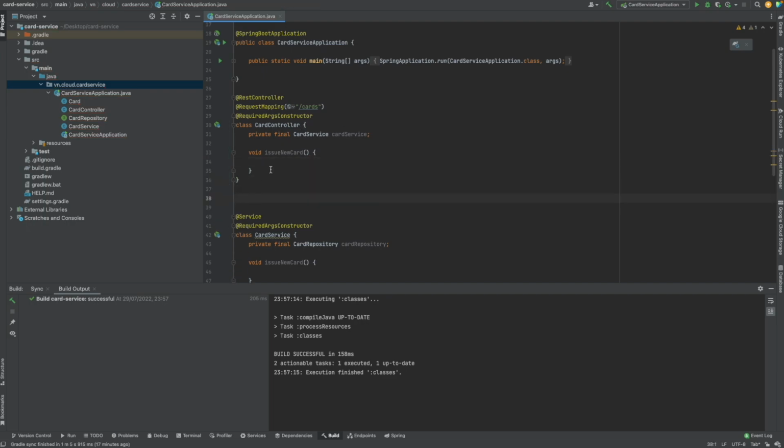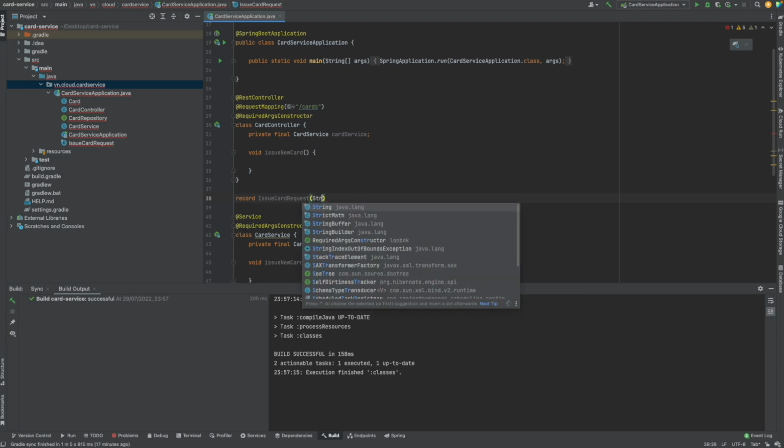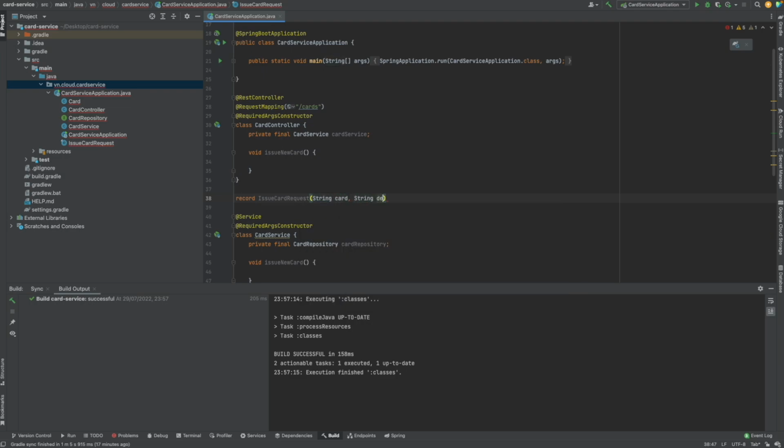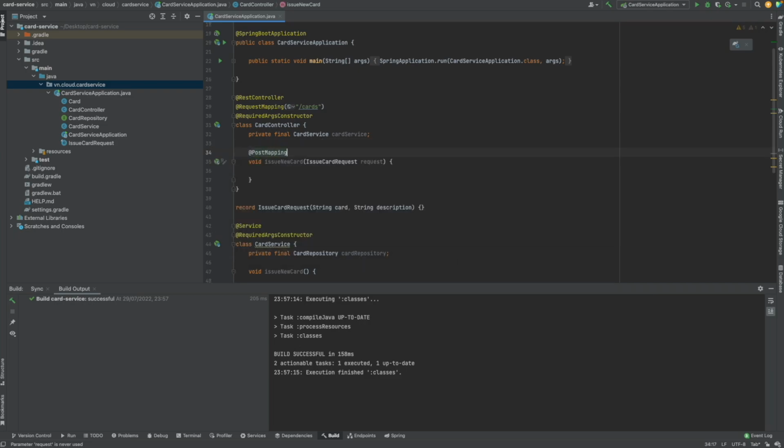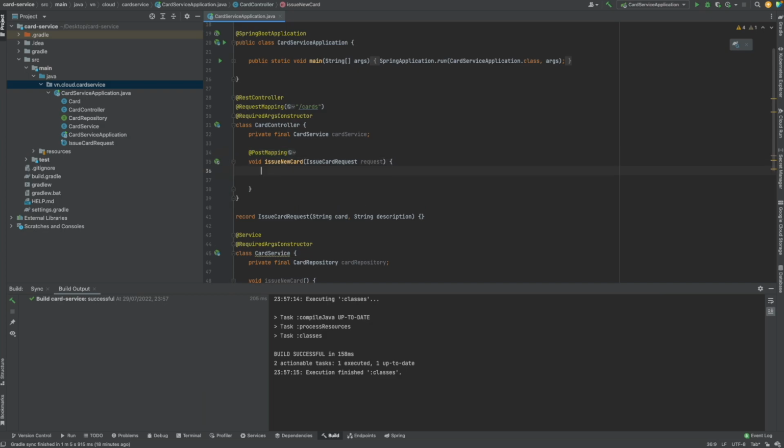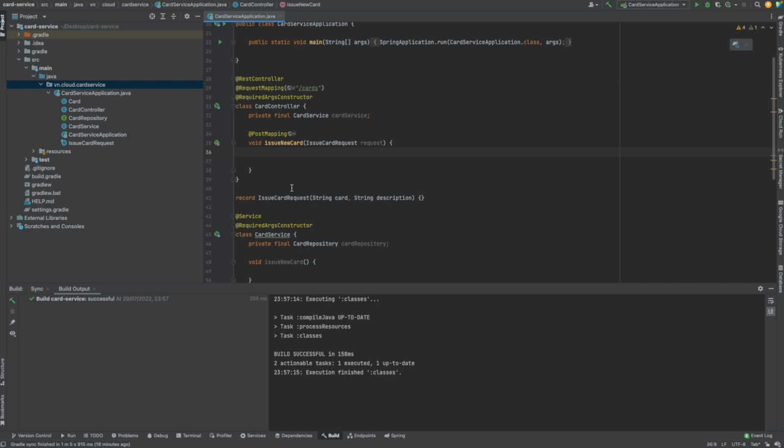But maybe we need a DTO for this one. So the DTO should be a record: issue card request, and it should have card and description. Okay, issue card request. This one should be a post mapping request. And here we need to